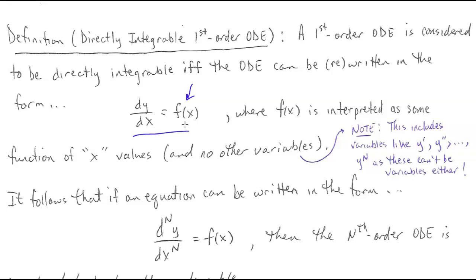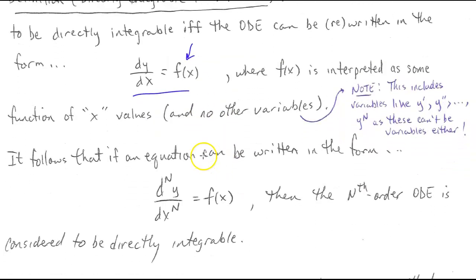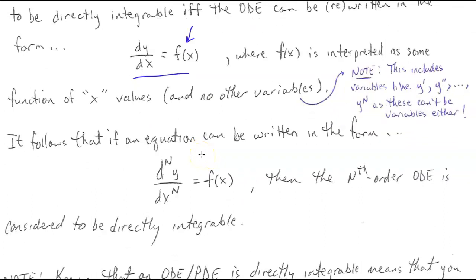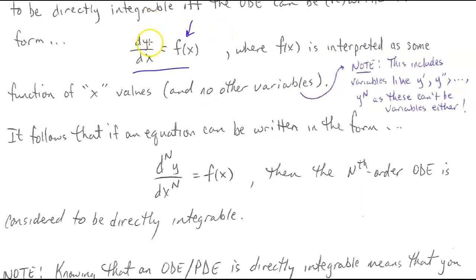Now, if we're dealing with, let's say, a third order, fifth order, or ninth order differential equation that is of the directly integrable form, then whatever that derivative is, it still has to be equal to a function of just one single variable. Please note that when we say it has to be a function of one variable,